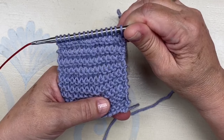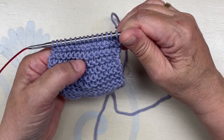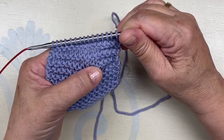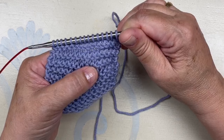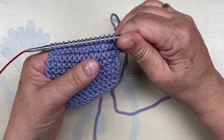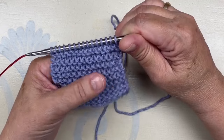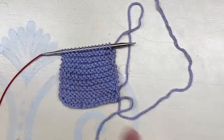The front side of a purl stitch is this, a purl bump. The back side of a purl stitch is this, the knit V, and vice versa. The front of a knit is the V, the back of a knit is a purl bump. So basically, you're doing the same thing in reverse. I know that's a little hard to grasp, but that's what you're doing. So if I show you this,